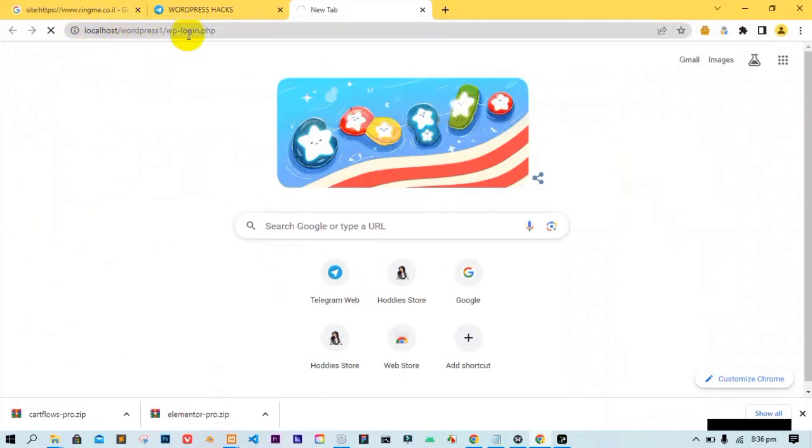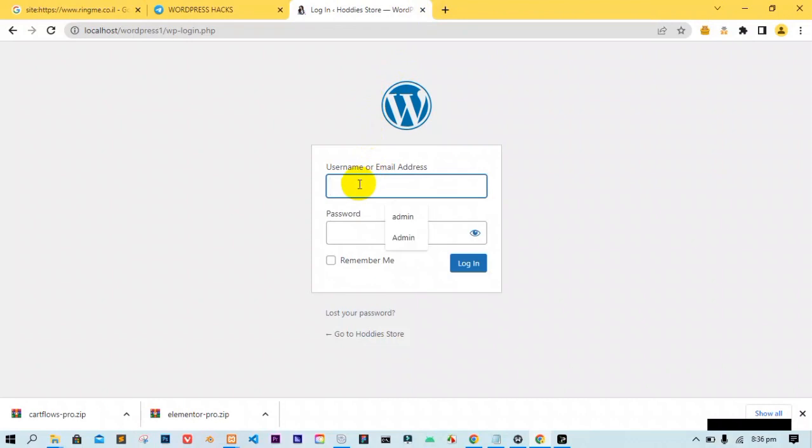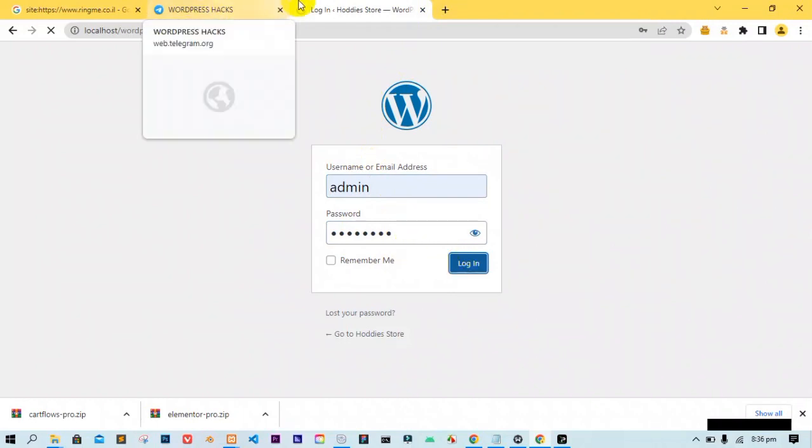Here is the address. Just type localhost/WordPress 1/wp-login.php. It's going to redirect you to the login page of your admin panel. Then enter your admin username and your admin password as well. Just log in. So once you log into your admin panel here, the next thing is